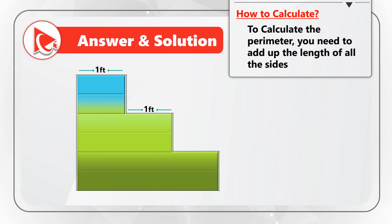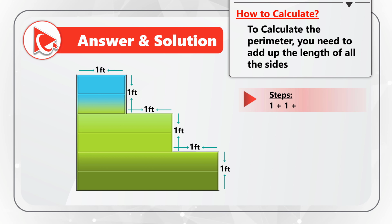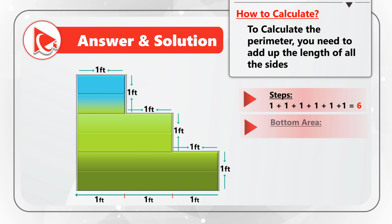The top sides are all 1 feet, and the heights of every step is also 1 feet. So the steps would be calculated 1 feet plus 1 feet plus 1 feet plus 1 feet, and then you do it 6 times because it has 6 sides, which means that perimeter of all the steps would be 6 feet. The bottom area, based on the measurements, would be 3 feet, and the left area would be 3 feet